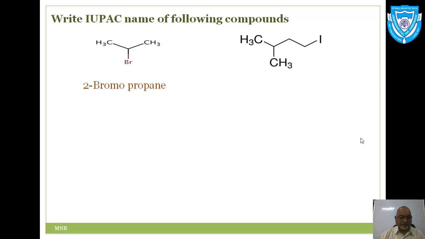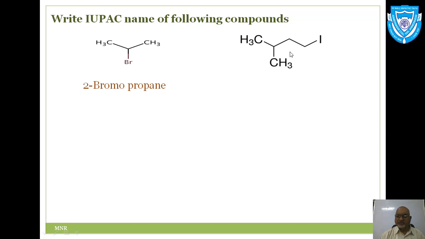Last time we had studied nomenclature rules and a few examples. Let us continue studying some more examples. If you see, we have written two structures on the board. That is 2-bromopropane. In this case, the second carbon is having the bromine, and CH3 on either side. You can number either from this side or this side. So 1, 2 and 3, and that's why it is 2-bromopropane.